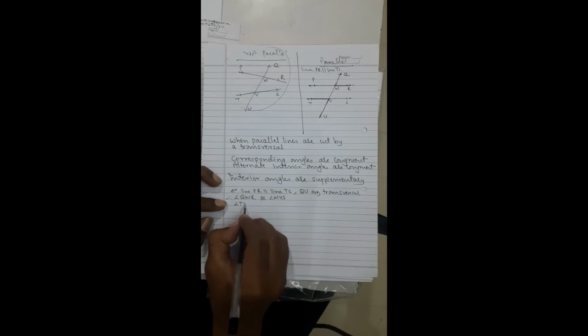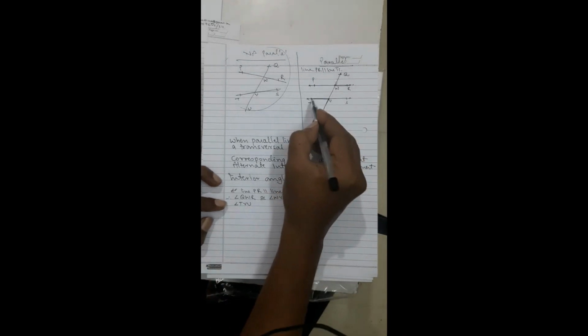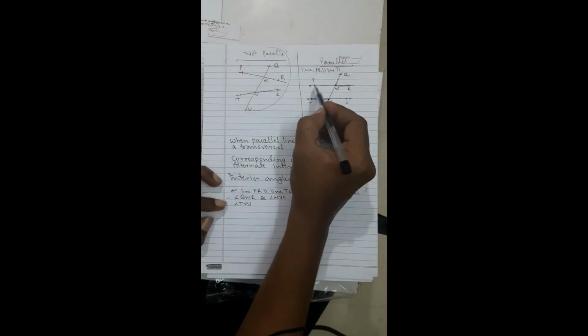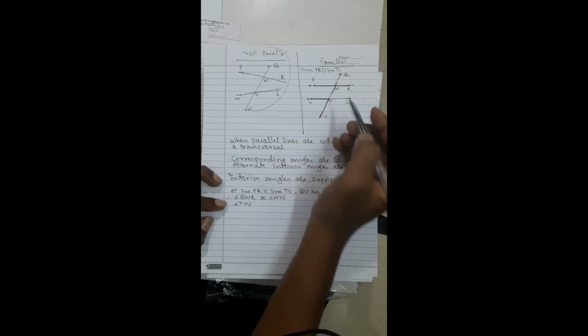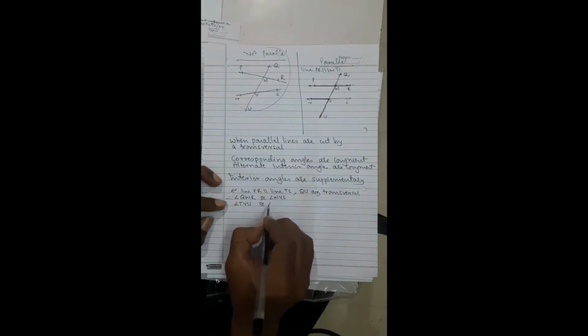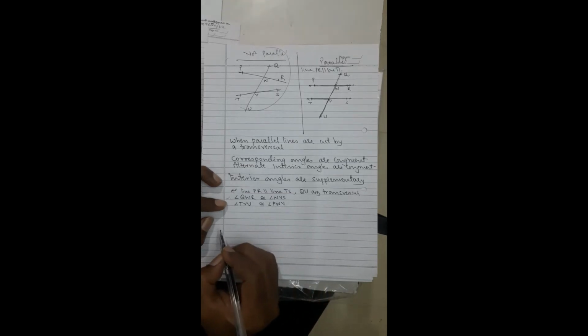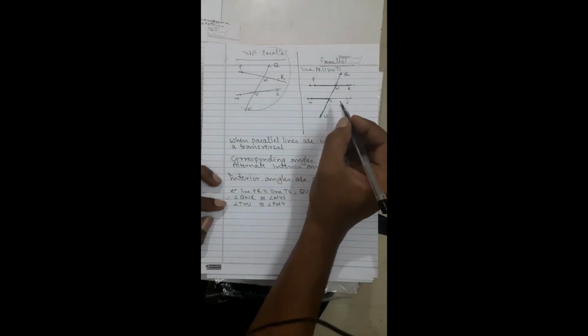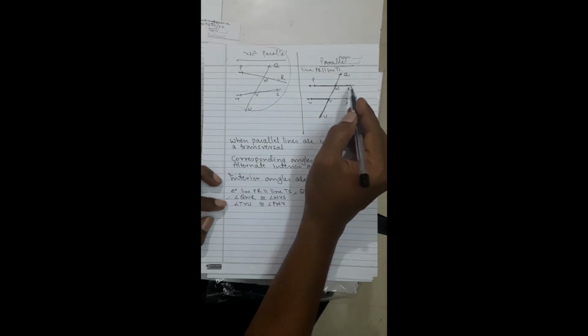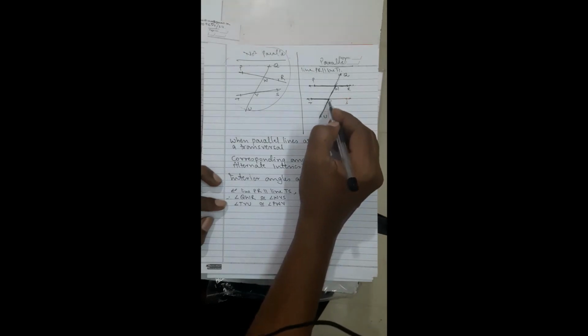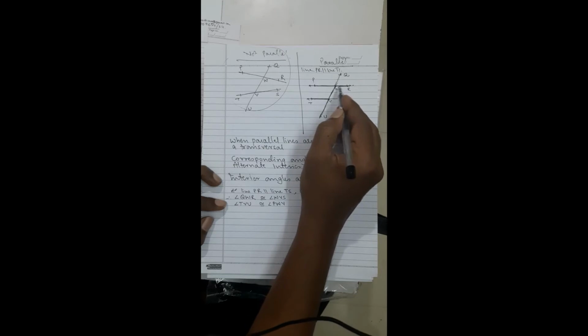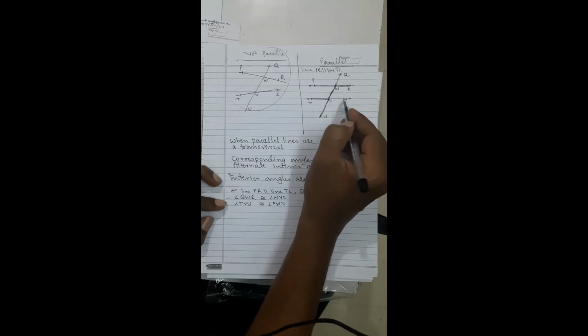Now see, angle TVU. We will have to search for another angle traveling in this fashion. Angle TVU is traveling like this. The other one will be PWV, congruent to angle PWV. And one more was there, after angle TVU, angle RWV. Angle RWV is traveling like this. So angle RWV is congruent to angle SVU.